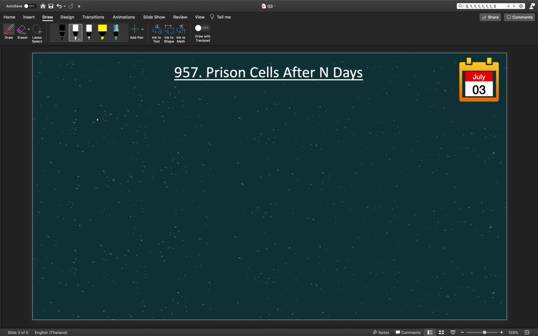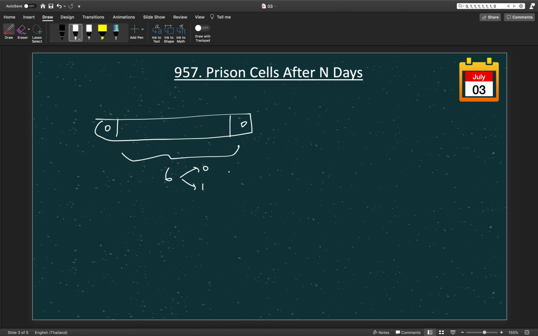Let me explain a little bit. We have this array with 8 cells, and after the first day itself, these 2 cells will become fixed at 0 0. So how many leftover cells are we changing? 6 cells. And each has a binary value, it can be 0 or it can become 1. So how many total combinations are possible? It's 2 to the power 6, which is 64 combinations. So there are a total of 64 different combinations.